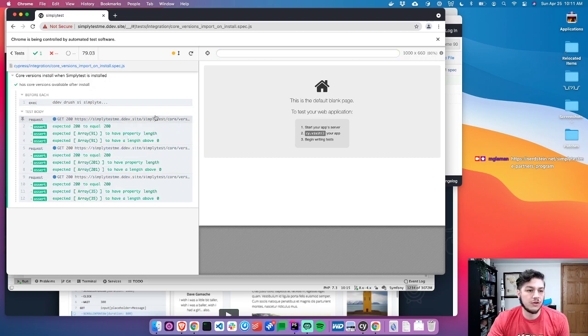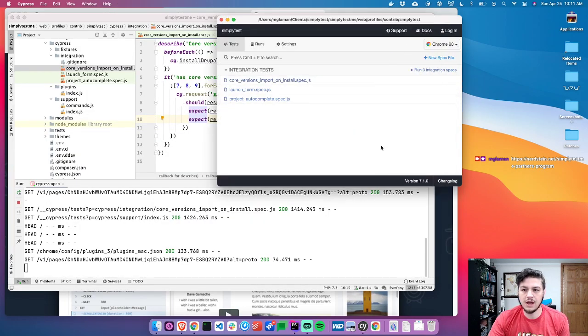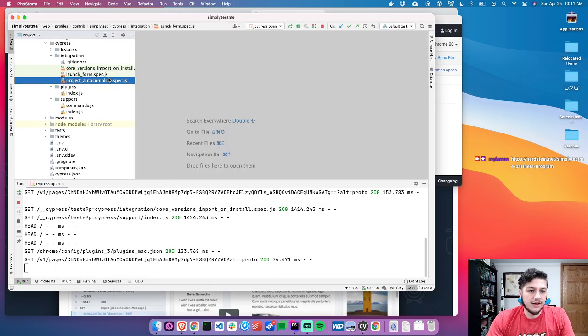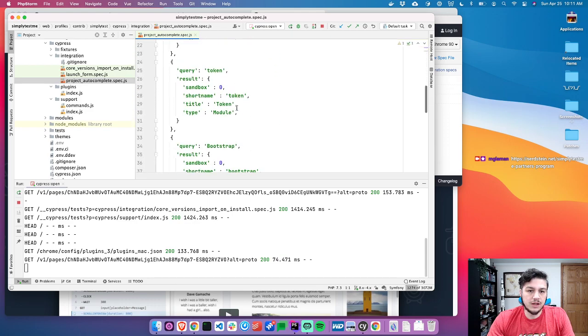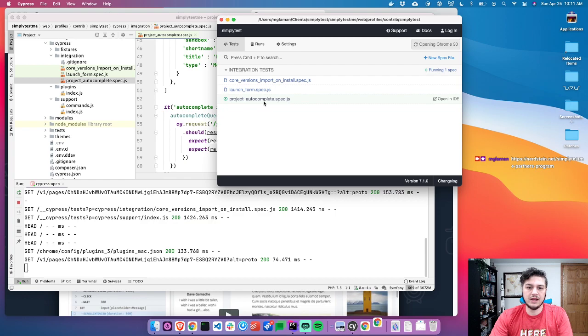All right, so the test took 7 seconds, and it made the request, and it gave us the response. So now if I close this, I can hit stop to stop that test. We have also the project autocomplete, and this test running autocomplete. So if we run that,